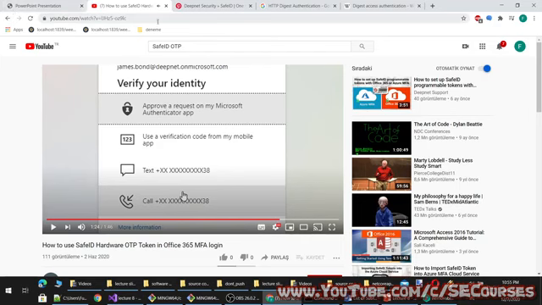This doesn't explain. Oh, use a verification code from my mobile app. Actually, this is what it should be. To use the SecurID hardware token, you need to select the verification code from mobile app method. Okay, this is a common way of